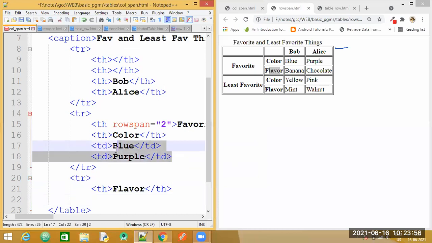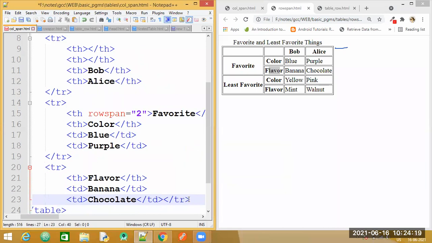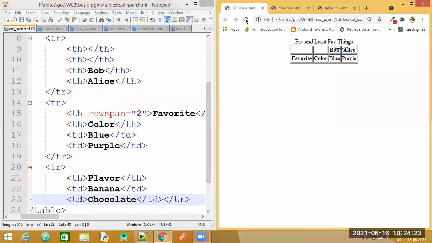Let me just copy paste this data. And the TR tag also needs to be ended. So we are able to merge two rows into a single row, right?